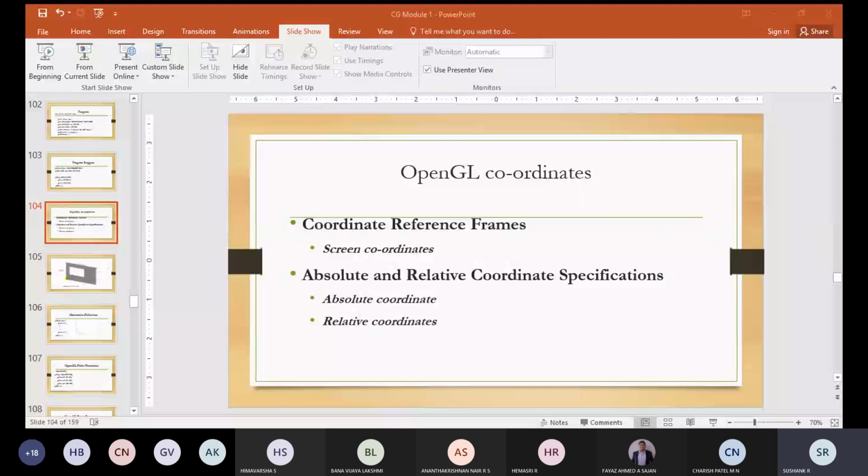This we will call the coordinate extents. Once the coordinate extent is decided, it will be described as a bounding box for the object.